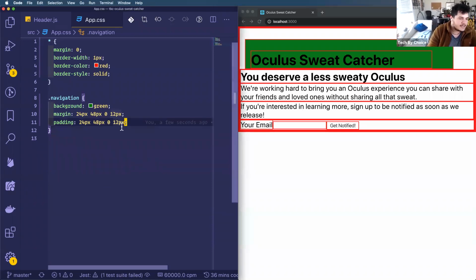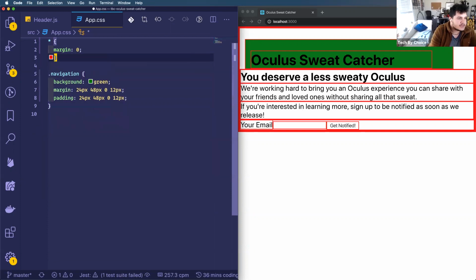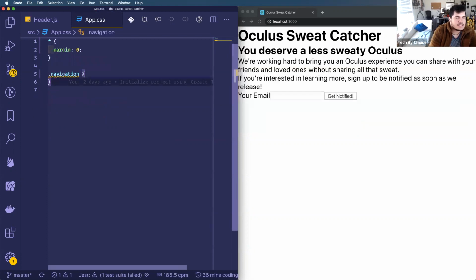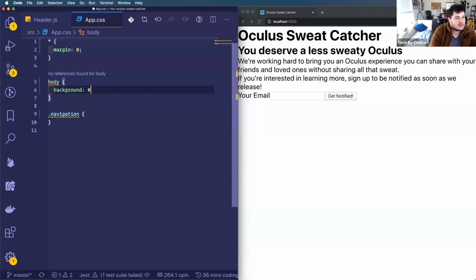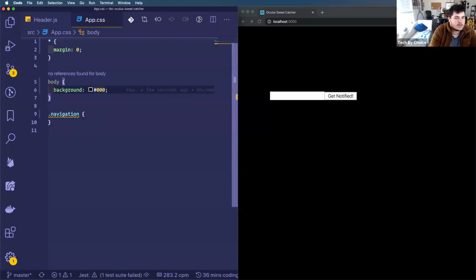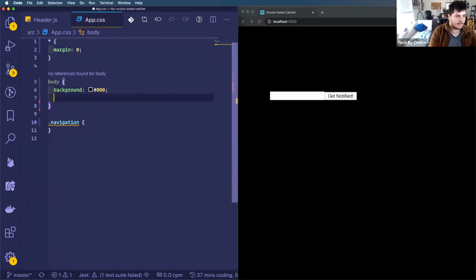But enough of this ugly looking stuff. I'll get rid of all these borders. Close all borders. And I'm going to leave this navigation. Now I want my body to have a background that's really dark, just really dramatic. Now we can't see anything on our page, which is not necessarily what I want. So even if I'm targeting the body,